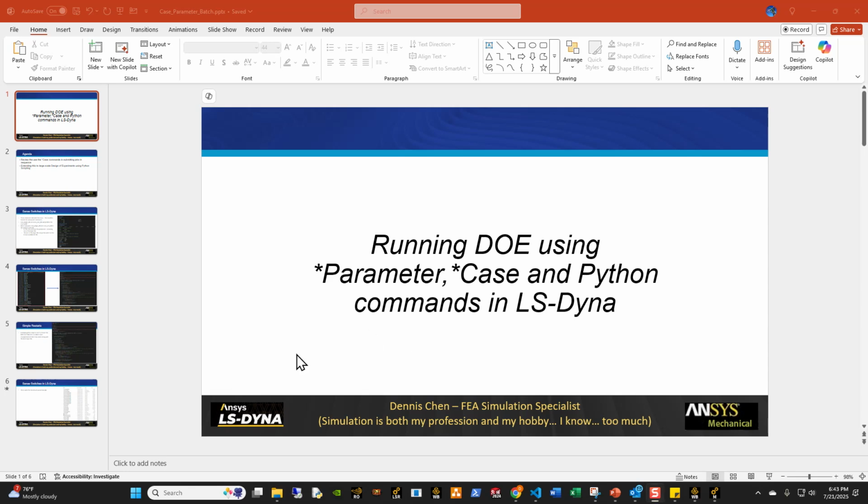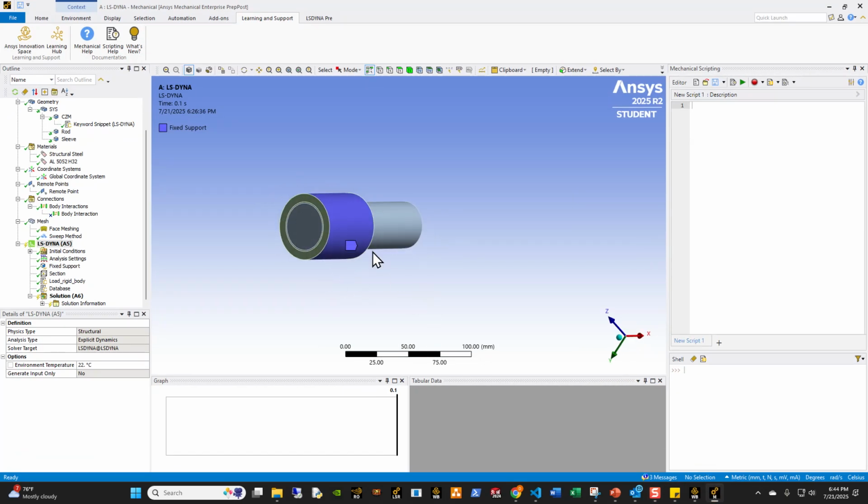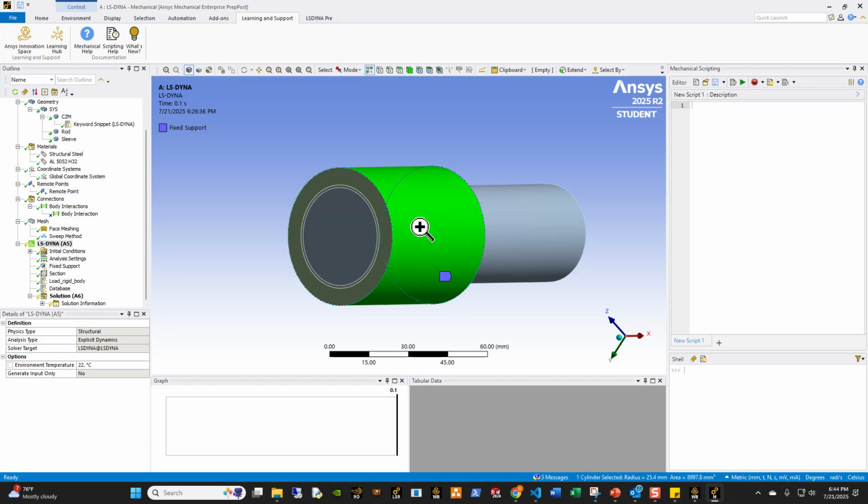All right, this week let's look at how to use case parameter commands to run a design experiment inside LS-Dyna with the help of a few Python scripts. So the basic problem statement is this. Let's say, for example, I have this component right here. This component is filled with an outer sleeve,